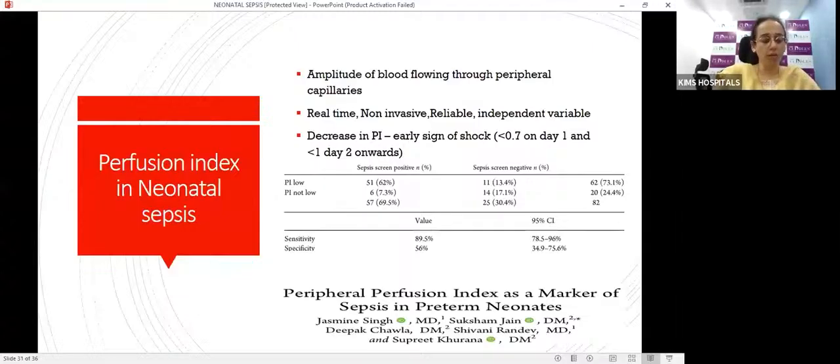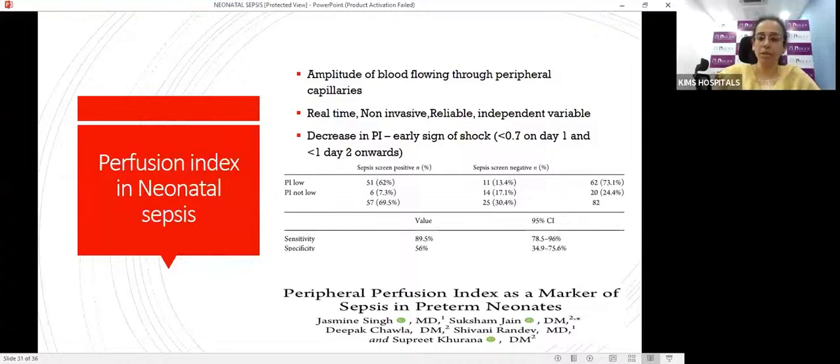So there are different cutoffs which were mentioned. The perfusion index is usually low on day 1, like 0.7 to 0.9. Then the value slightly increases, and by day 2, day 3 onwards, up to 1.4 is normal for the baby. So from day 2 onwards, we should take less than 1 as a cutoff for perfusion